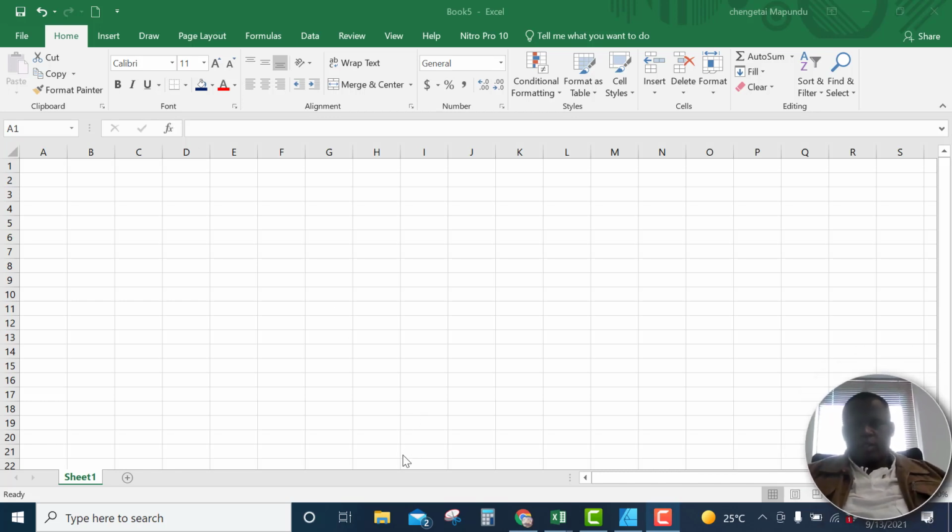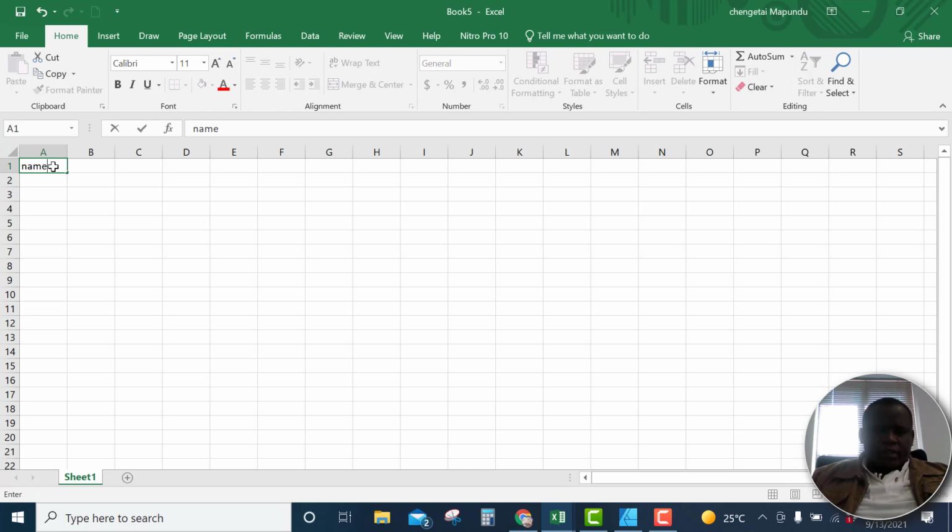Now I want to see how we can select or input data using various techniques. Let's say we just want to come up with a small table here where we put the name of the person, and then we put their city, where they come from, and probably their date of birth. Now the name can be anything like Peter, Mary,